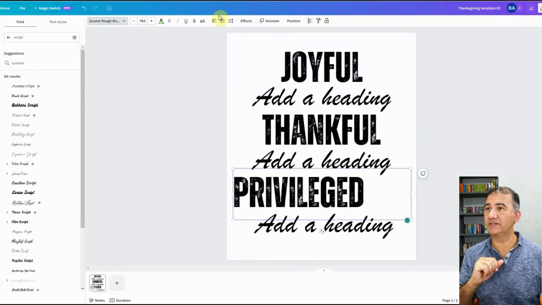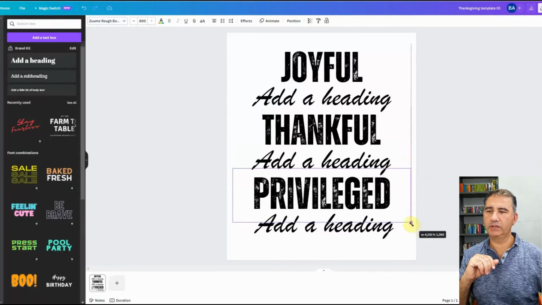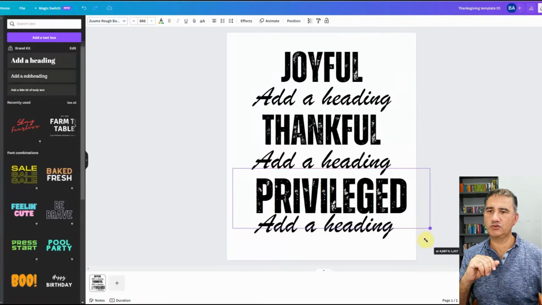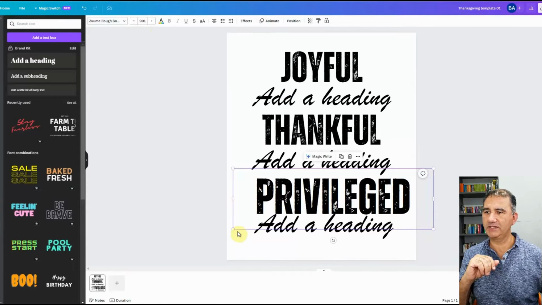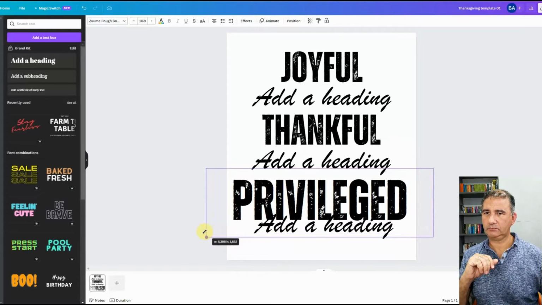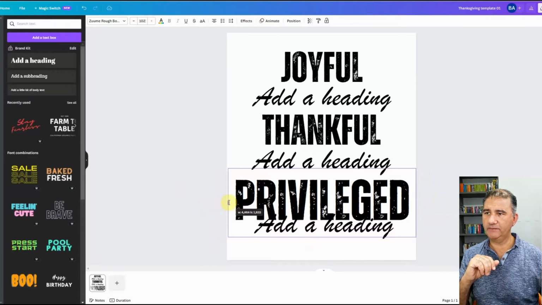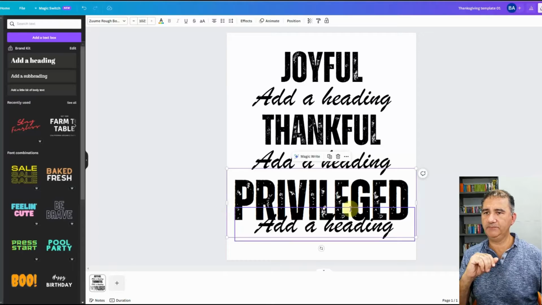So let's click on the center alignment here for that one, and we've got joyful, thankful, and privileged. I think we can afford to increase the size of the font a little bit. Okay, so what we're going to do is we're going to just physically drag and increase the size of the text ourselves. Okay, and now what I'll do is I'll just grab the handles and bring them to the side to the margins of the canvas here, and we'll